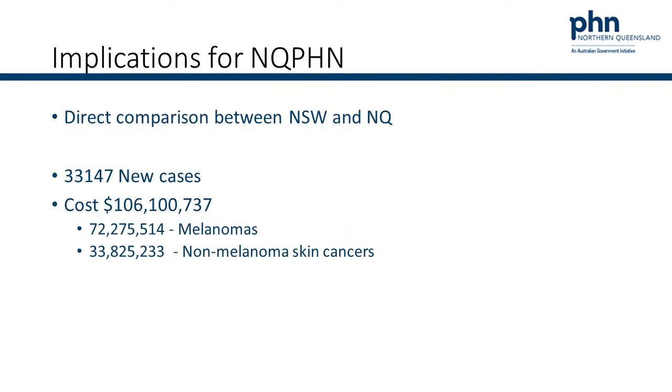If you were to directly apply the outcomes of this study to the people of the North Queensland Primary Health Network region, there would be approximately 30,000 new cases of skin cancer each year, which would cost a total of $106 million, $72 million for non-melanoma skin cancers, and $33 million for melanomas. The costs of delivering